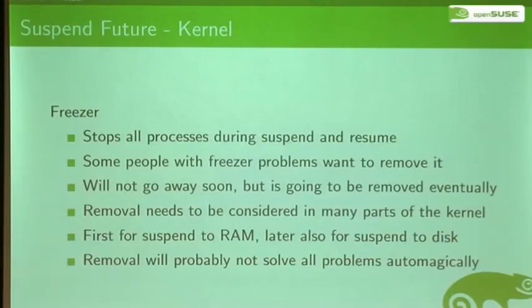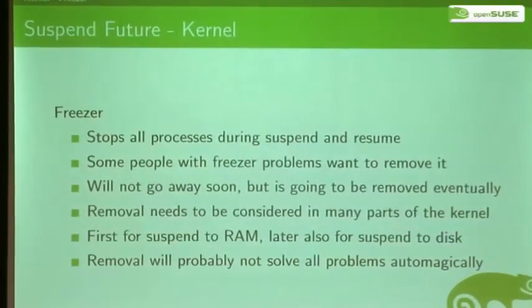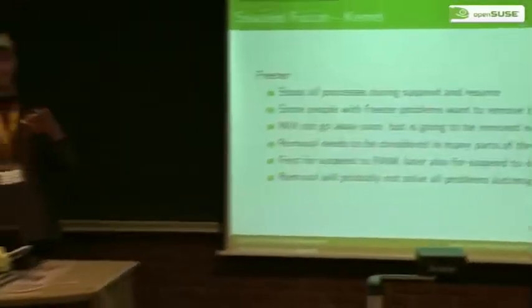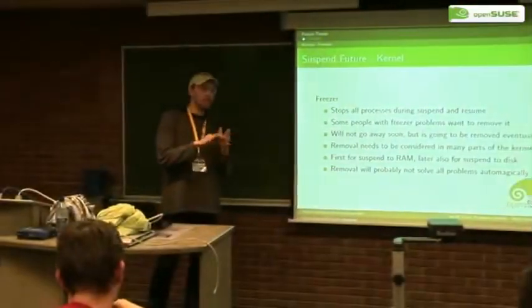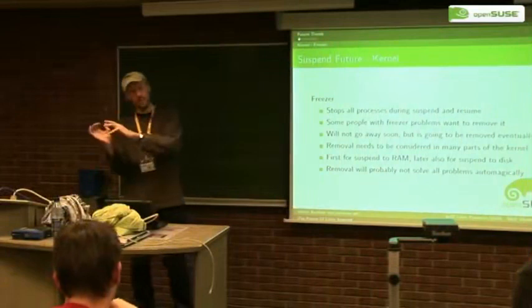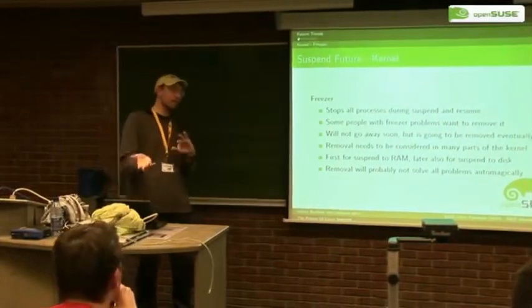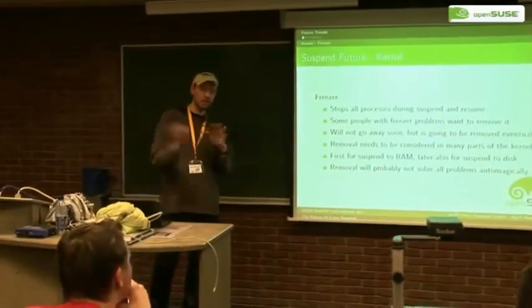The removal needs to be carefully considered because there are many parts of the kernel that just don't expect stuff to vanish under their feet, and so we will see many interesting kernel oopses on the way to having the freezer gone. Because right now, the system is put basically in a consistent state, all processes are stopped, nobody will do DMA and stuff, and then we copy the image to the disk, for example. Or we tell the BIOS to now shut the machine down,